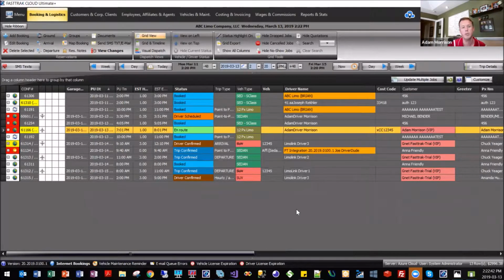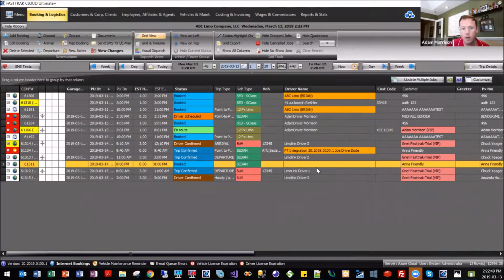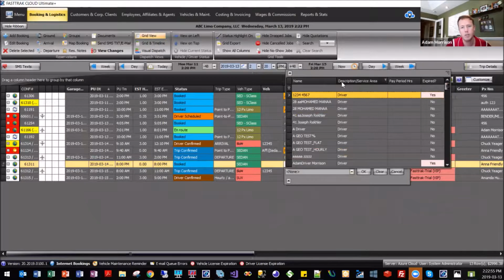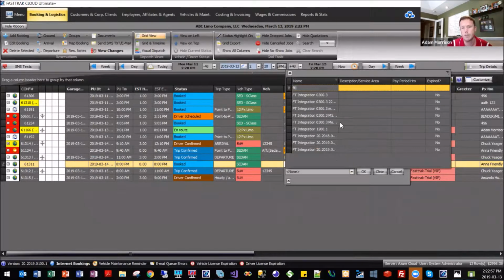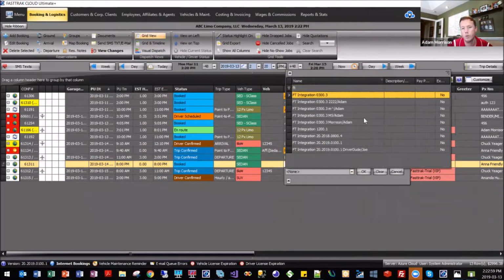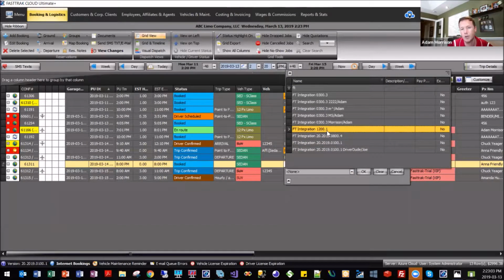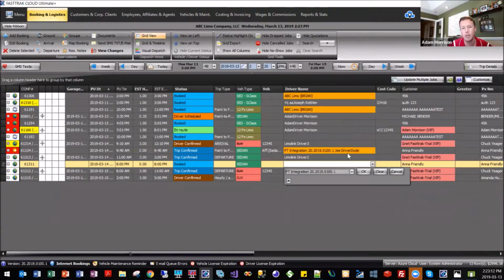So for example, let's see if I have one still in here from earlier. All right, so for example, let's say I'm going to assign FASTTRAK integration, which is one of my test systems, this system right here. So I can see that I already have a bunch of drivers set up, but in this case, I don't know who the driver is. I'm going to go ahead and assign just that integration system. So really, in reality, this would be, you know, XYZ limo company. So when I assign that,